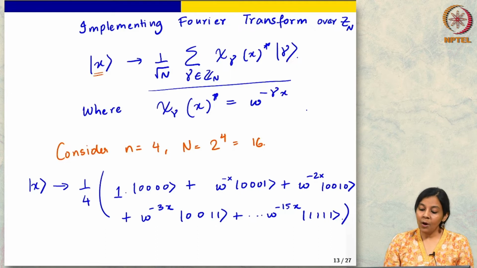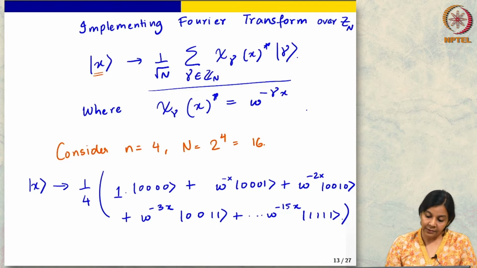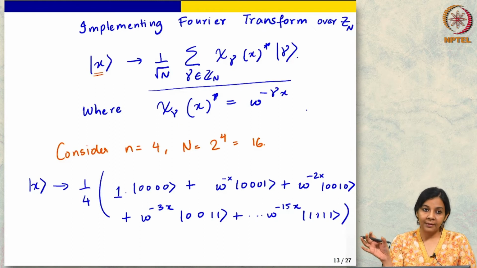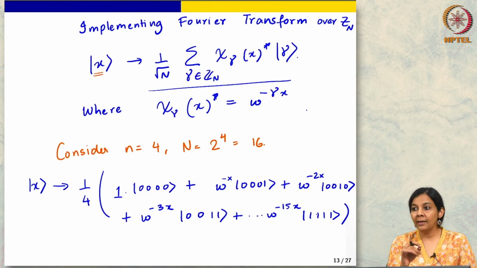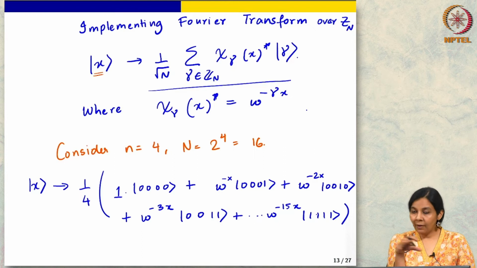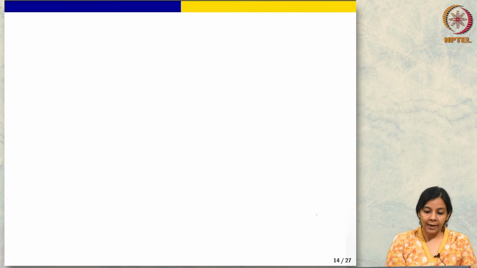Okay. So, the key observation that allows us to implement this circuit efficiently is that actually this quantum state that we ended up with is not entangled. So, you can actually write it as a tensor product of 4 different qubits. And when we write it as the tensor product of 4 different qubits, then we will see that there is an efficient way to go from the qubits in x to these qubits via some reasonably simple circuits. So, let us look at that.